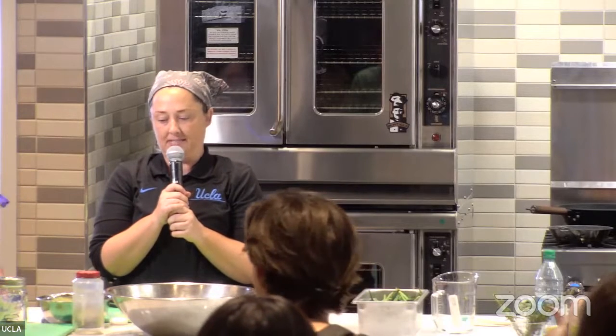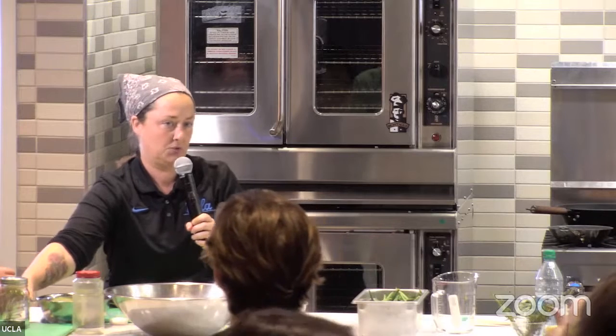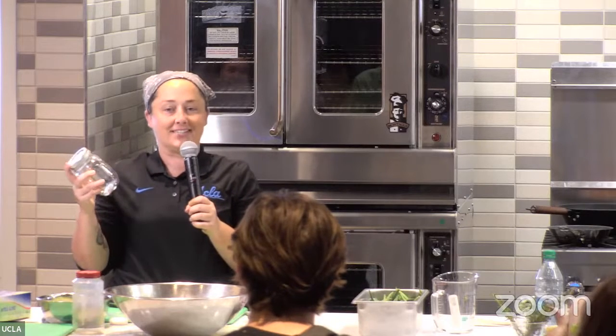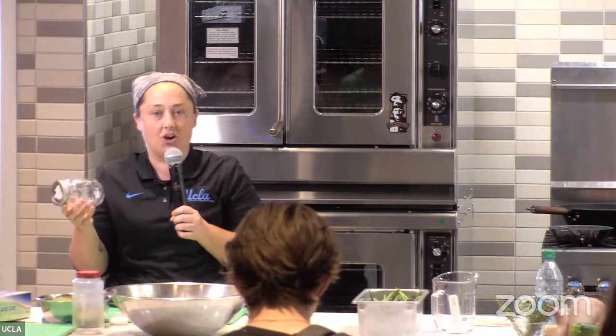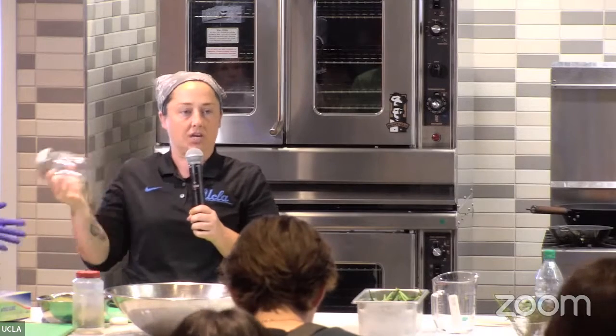Sure. Okay, so quick tip on making your own vinaigrettes at home and basic salad dressings. When you buy a salsa or a spaghetti sauce at the store, you own that jar. That jar is yours. You paid for that jar. Keep that jar. We use these to make salad dressings because I hate washing dishes, right? I could mix it in a bowl and then put it in the jar, or I could just make it in the jar. Plus, once it's in this, you keep it in the fridge, you just reshake it,